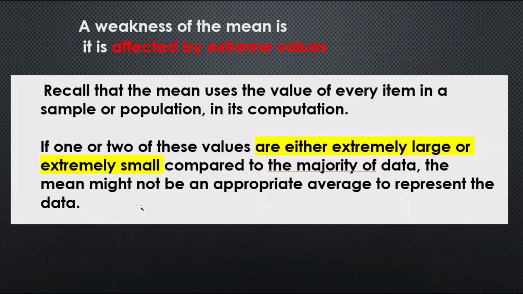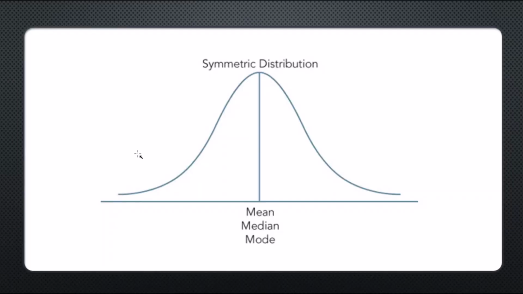Now the problem with the mean, or the average, is that it's affected by extremely large or small numbers. If we have a distribution like this, and all the numbers come around here towards the center, but we have a really small number over here or a really large number over here, it's going to take this mean away from the center. It's going to pull it in whatever direction that strange or outlying number is.